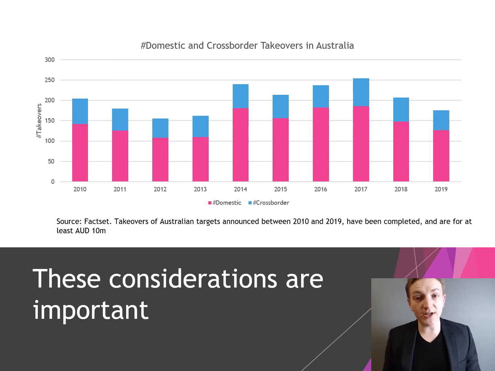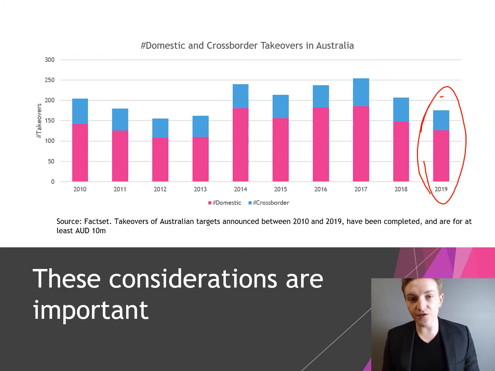So, for example, in 2019, we can see that almost a quarter of deals were cross-border takeovers. Obviously, that fluctuates quite a bit based on market conditions. In more bullish markets, you tend to see more cross-border takeovers than in less bullish or more bearish markets. And we can see that it fluctuates quite a lot, but it still is quite an important proportion of all